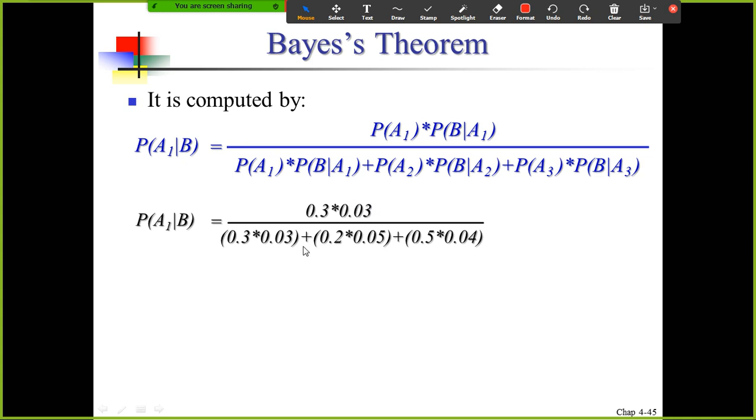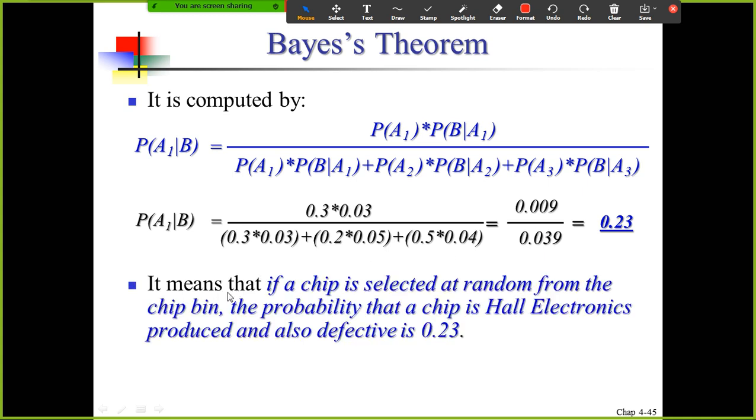This is conditional. Because we have 3 suppliers, you need to find 3 joint probabilities. One from Hall, the other one from Schaller, the next one from Crawford. If you want to find Hall, this is only broken, not working. That's why 0.23. It means that if a chip is selected at random from the chip bin, the probability that a chip is from Hall and also defective is